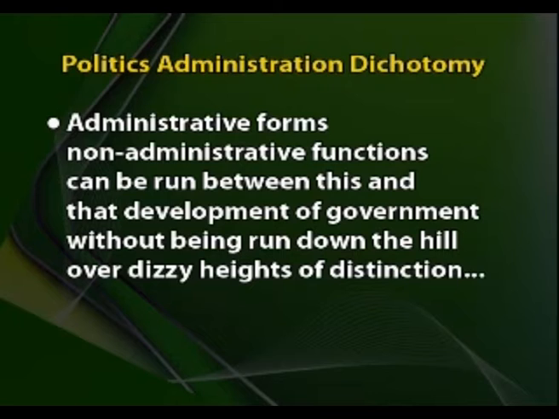So, he has given about two things. On one side, it is separated and has to be studied separately. On the other side, they have to be interdependent, and we can't demarcate all the time. Administrative forms and non-administrative functions can be run between this and that development of government without being run down the hill